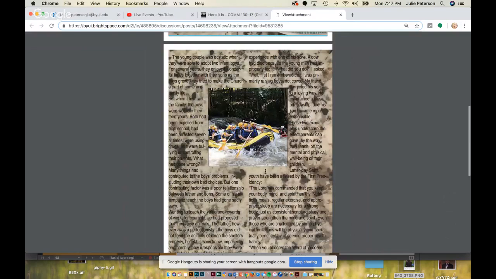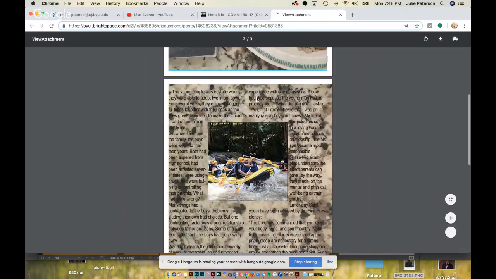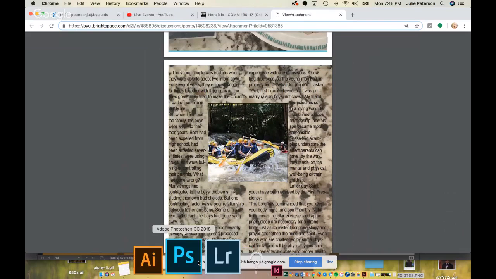Okay, so here's what I would suggest. Right now, the text is really hard to read with this background because the background's very busy. And if you make it white, it might still be hard to read because of the light spots. So what I would suggest is lowering the opacity on the image if you're going to use that image as the background.